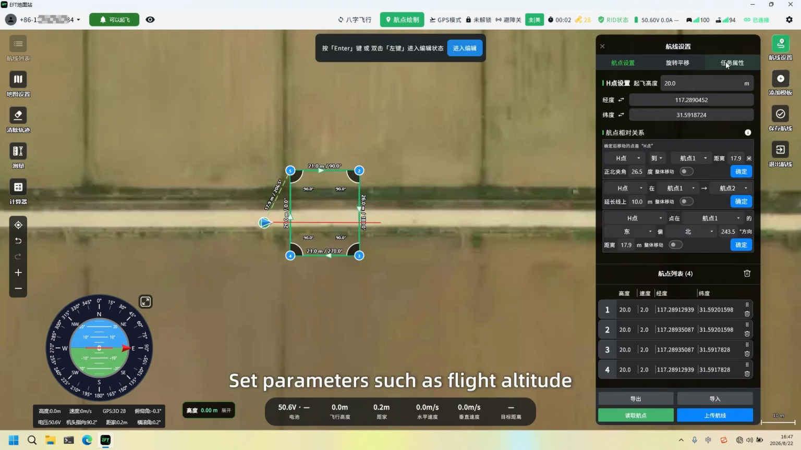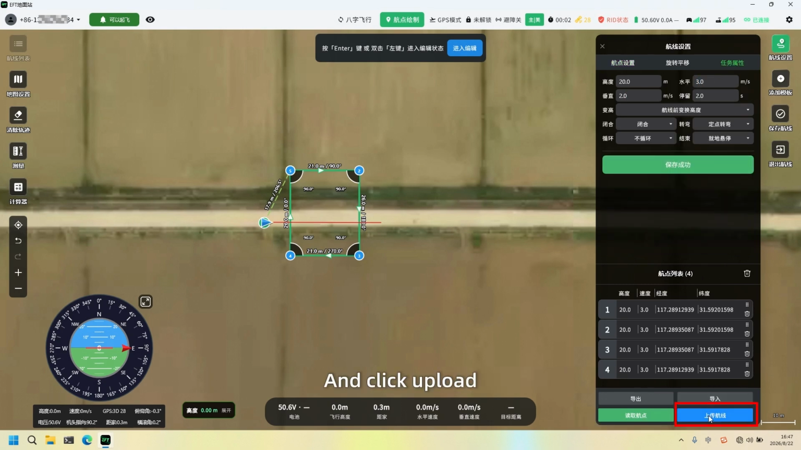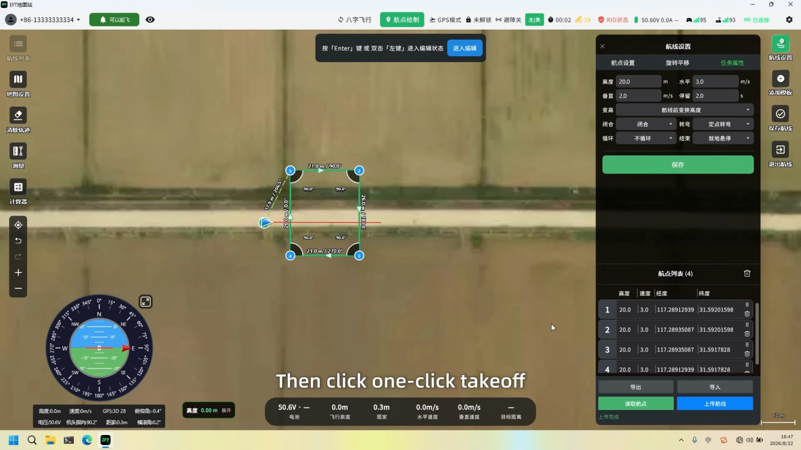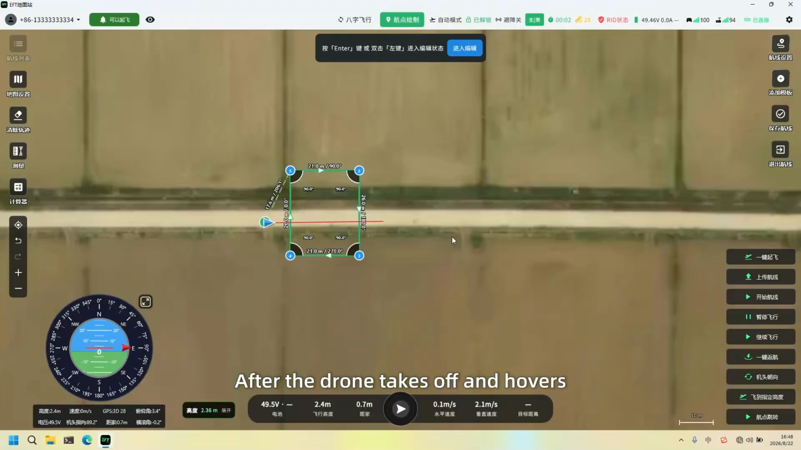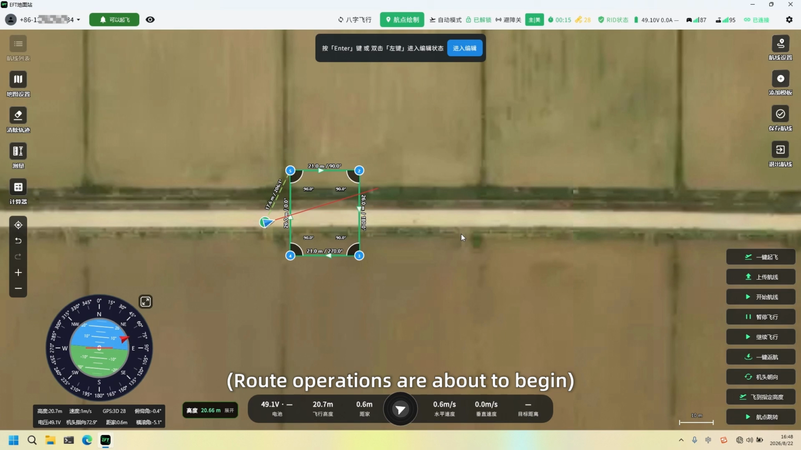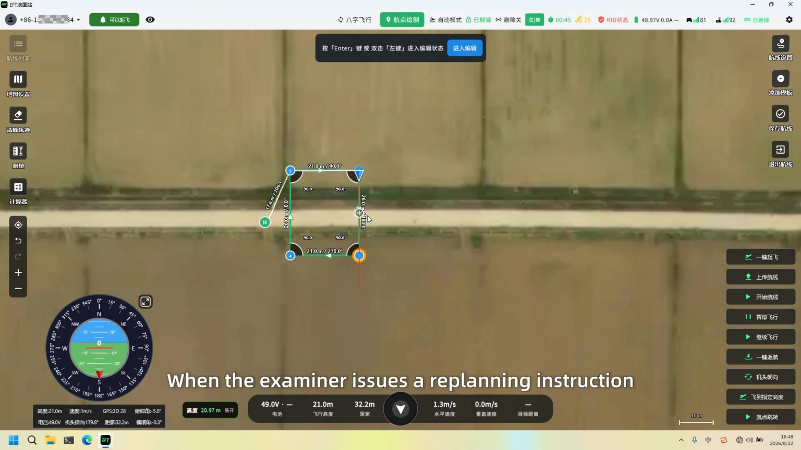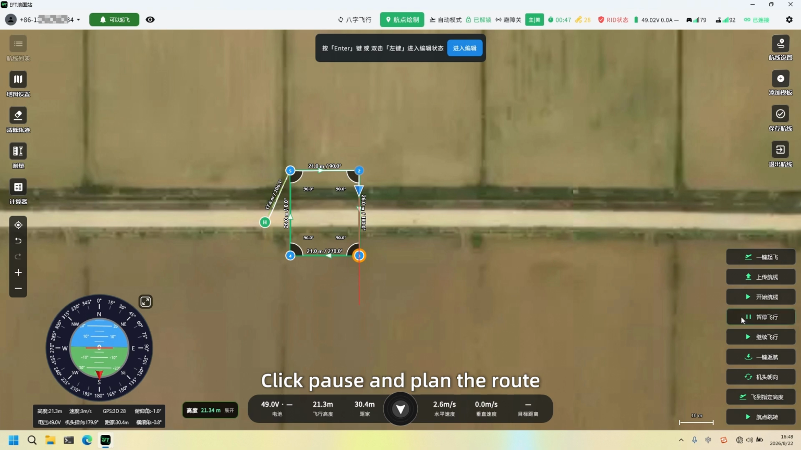Set parameters such as flight altitude, and click Upload. Then click one-click takeoff. The drone is about to take off. After the drone takes off and hovers, click Start. The route flight is about to begin. Flying to point 1, arrived at point 1, flying to point 2, arrived at point 2. When the examiner issues a replanning instruction, click pause and plan the route according to the examiner's instructions, such